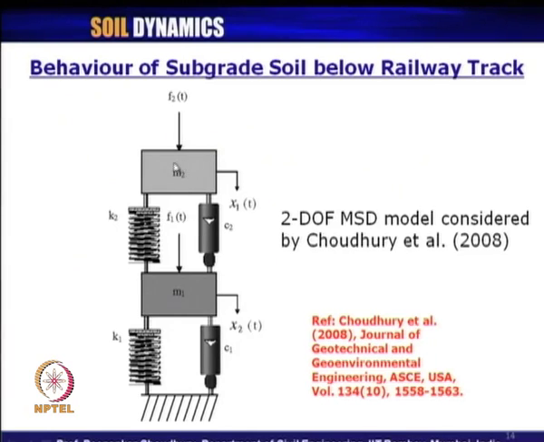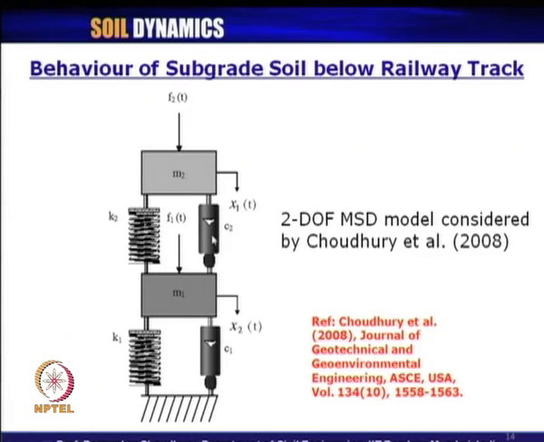So, this mass M2 is nothing but, as I expressed, the equivalent mass of the entire ballast layer. M1 is the equivalent mass of that subgrade soil layer. So, if you have different layers of soil, you have to calculate M1 accordingly. If you have a homogeneous soil layer for the design, then it is perfectly all right, we can easily calculate it. Then we